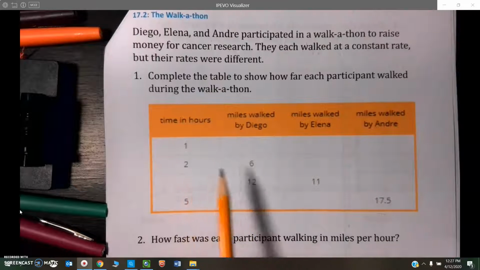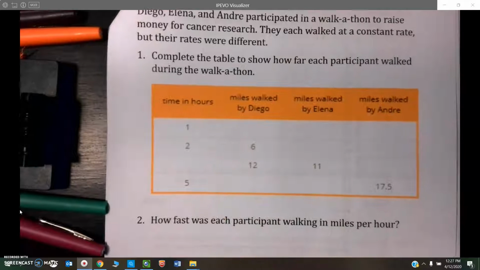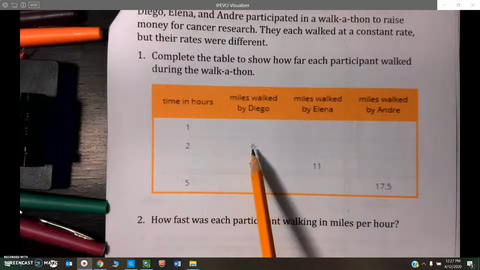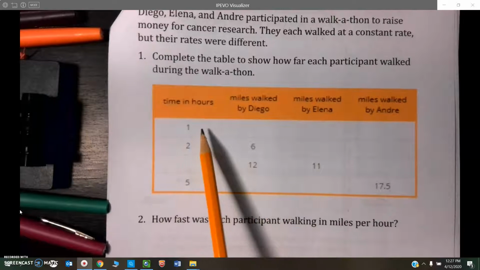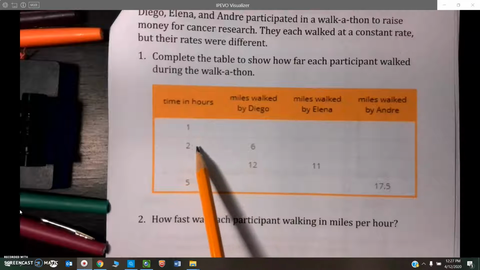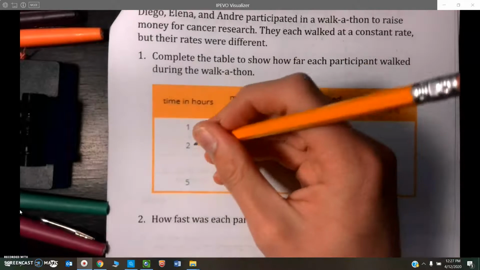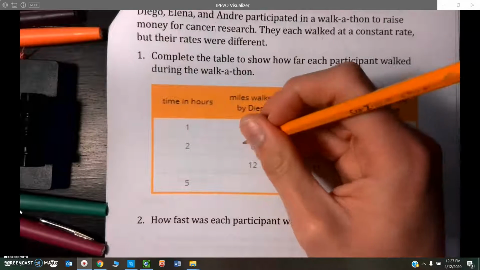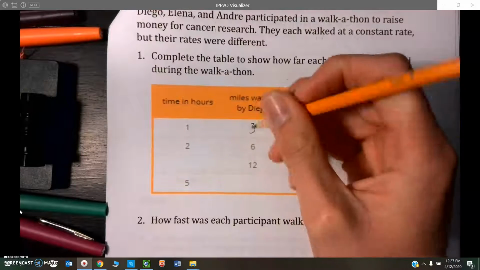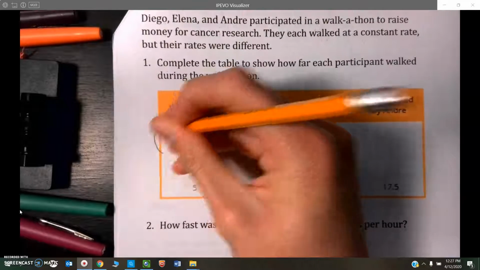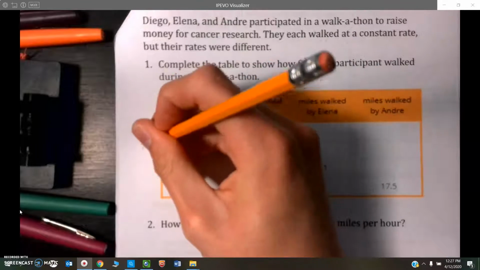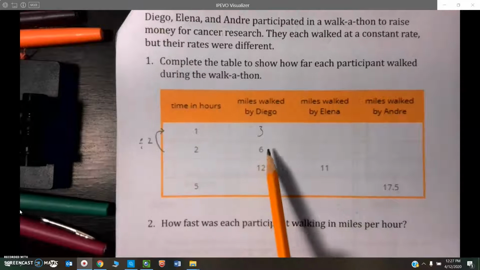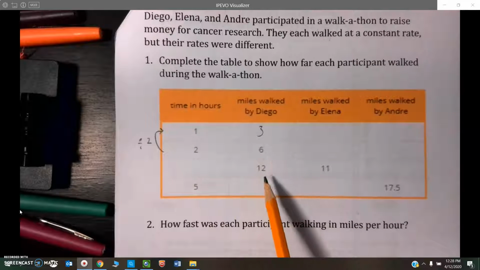So, the first ratio that we see is 2 to 6 for Diego. So that means in 2 hours, he walks 6 miles. So we can pretty easily take that to find out how much he walks in 1 hour. If I divide 2 by 2, I get 1. So then I also need to divide this by 2. I'm working backwards here. To go from the second row to the first row, I need to divide by 2. So that means Diego walks 3 miles in 1 hour, 6 miles in 2 hours, and then 12 miles in